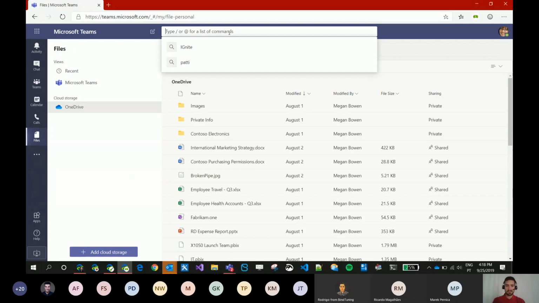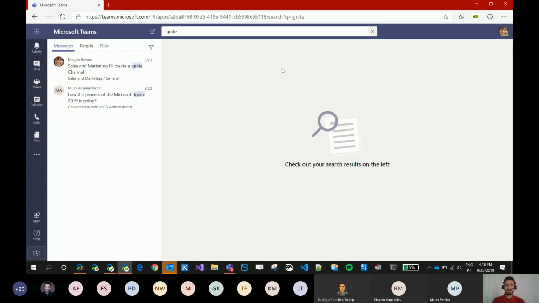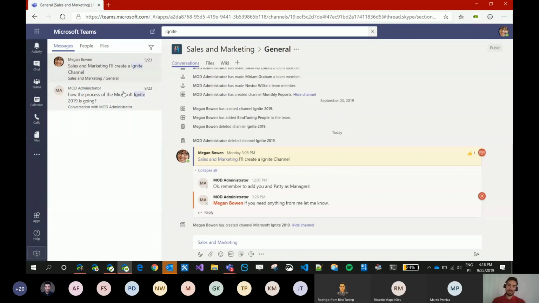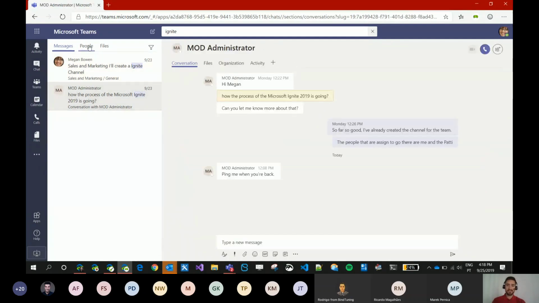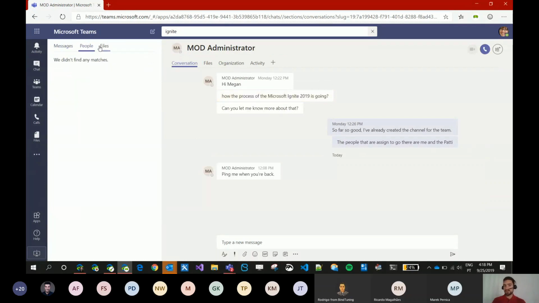About the chat option over here, let's say that perhaps I know that someone around the organization typed me something about the Ignite event. If I type that over here, I can actually search for that Ignite word, and then I can filter per message. So it will show me all the messages that contain Ignite, and you can see them highlighted over here. If I have a person named Ignite, it will be strange, but if that happens, it will be listed over here, and the same will happen for the files. If it finds any file named Ignite, it will be listed on this particular